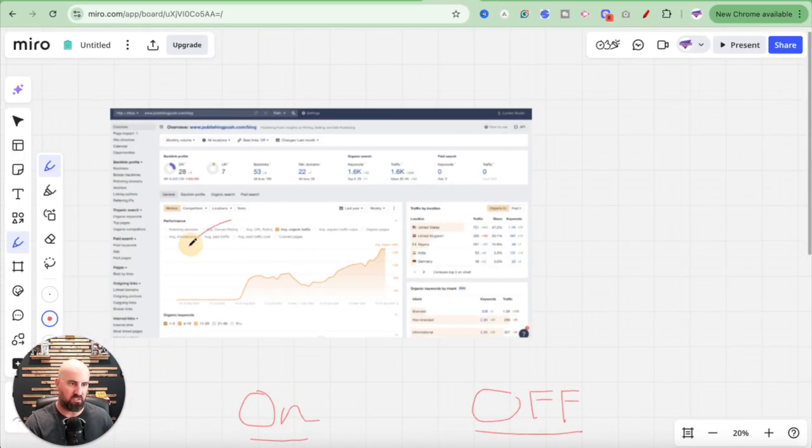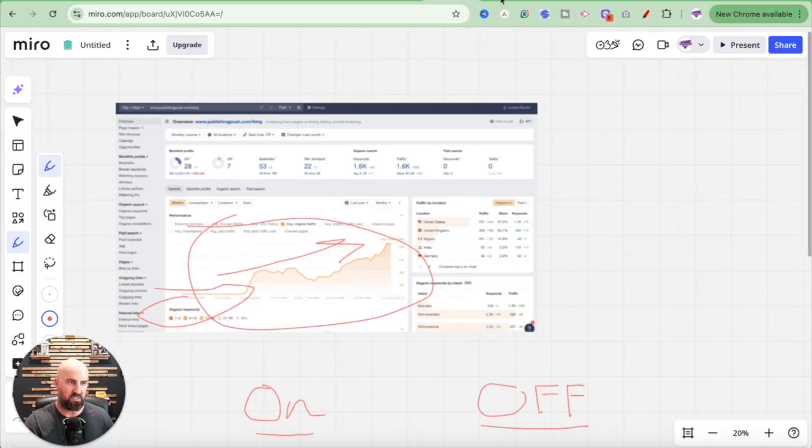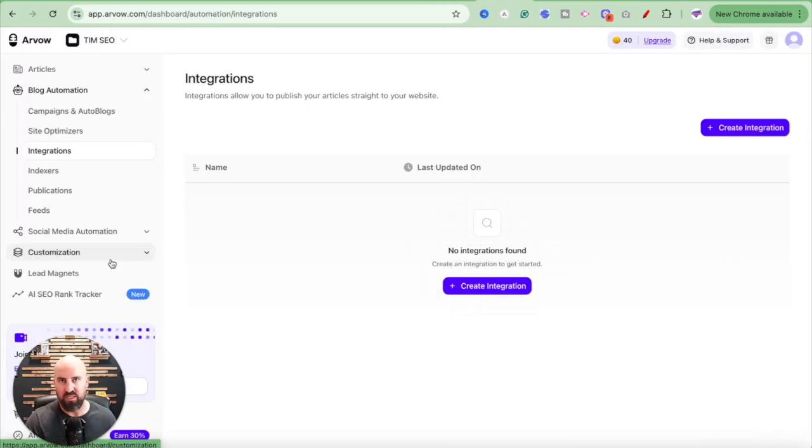So like this person is doing here, they're using Arvow, and this is the kind of traffic boost. They were getting nothing before, and now they're getting this huge traffic boost because they are consistent. Now, this is so easy. Once you have it set up, it's hands off. So you're not having to sit down and remember to publish articles every day. The other nice thing is